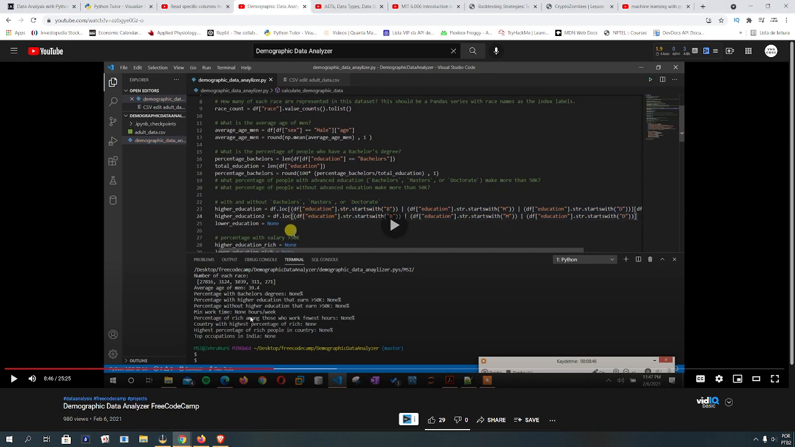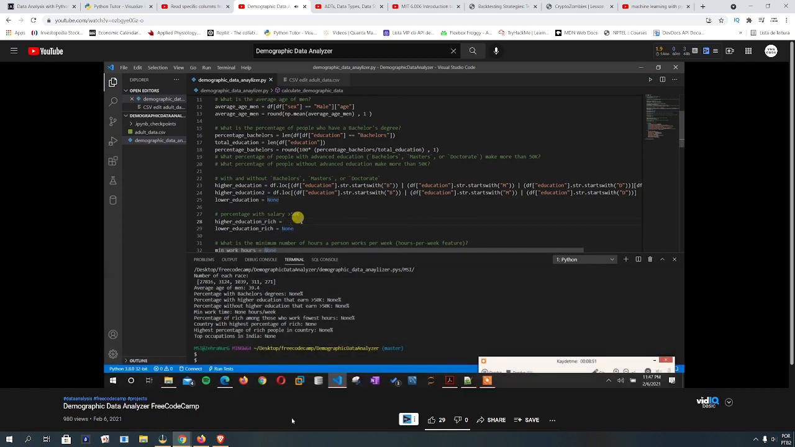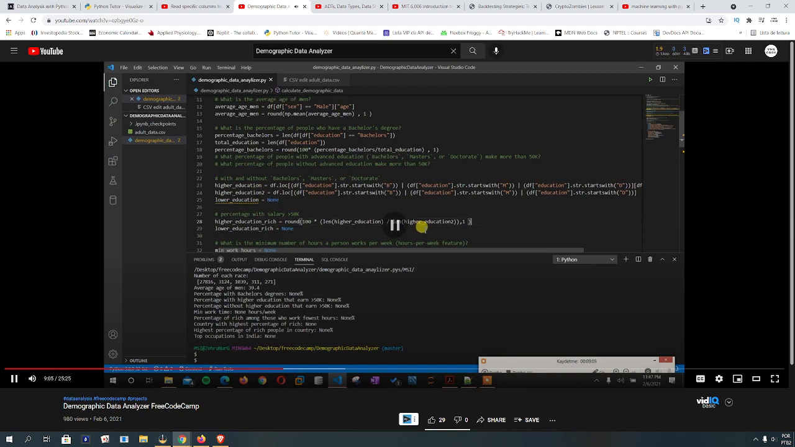This one's gonna be annoying. So we can find it now, our percentage, like the before one. Okay, I wrote it. And also I again rounded this number, so length of the higher education and length of the